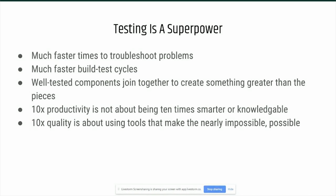Similarly, on the QA side, if you're only doing manual testing, it's very tedious, very time consuming, and quite error prone. If instead you have an automated test suite, you can run through a lot more scenarios much faster. The fact is, when it comes to QA, if all you can do is manual QA, you're really going to be stuck doing just core test cases,